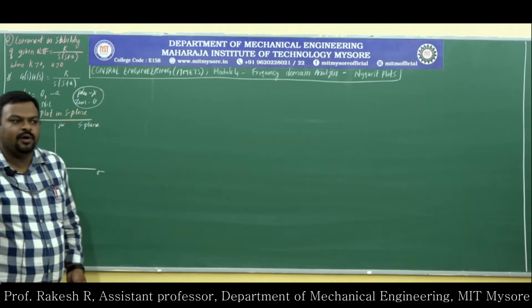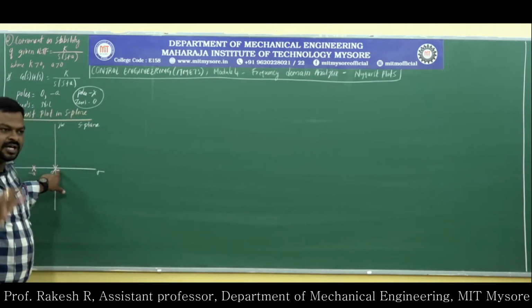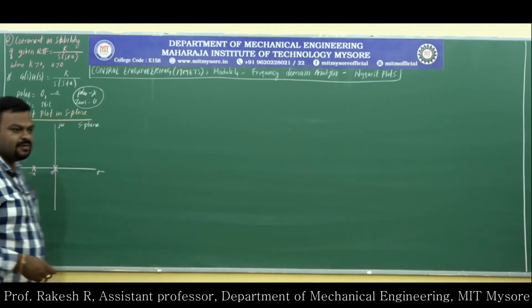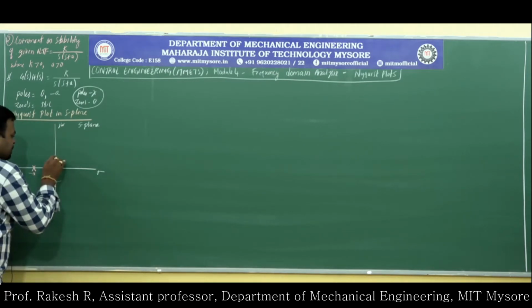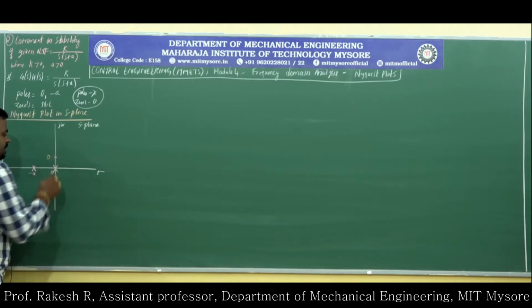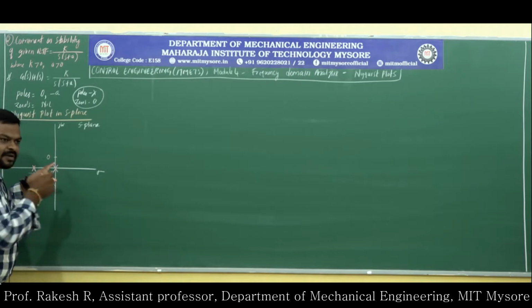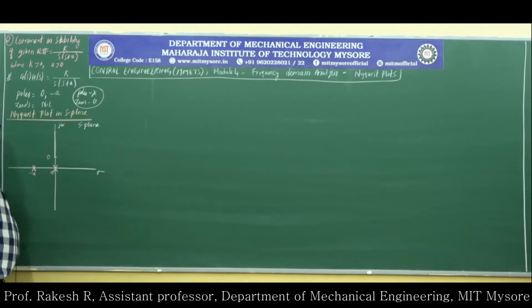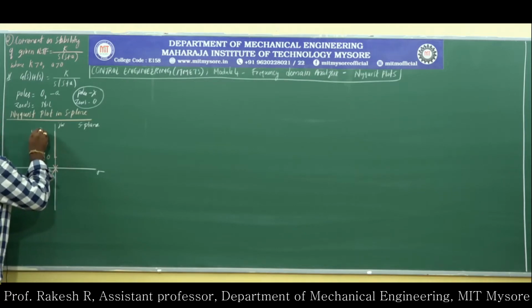Since there is a pole at origin, the Nyquist plot will not exactly start at 0, it will start at some distance, infinitesimally close to 0. So what I will do is, I will draw that this is O, almost infinitesimally equal to 0. Since there is a pole at origin, we will not touch this, we will go beyond it and go up to infinity. This is the omega is equal to 0 point, and this is the omega is equal to infinity point.